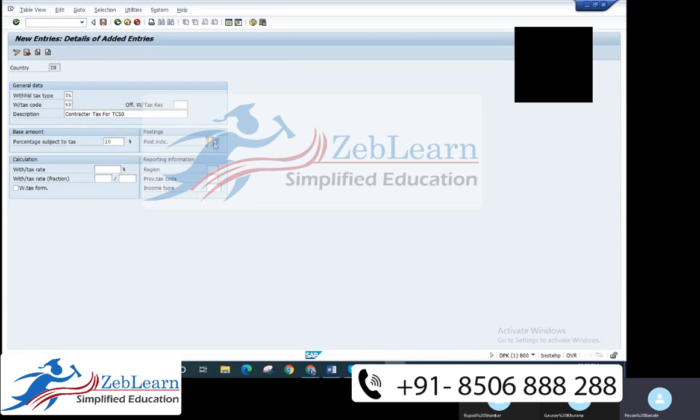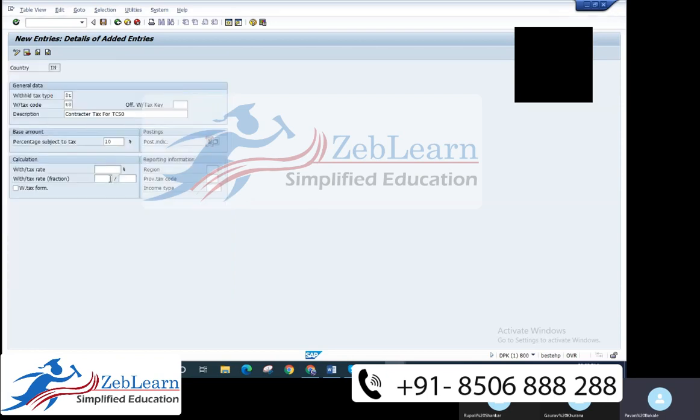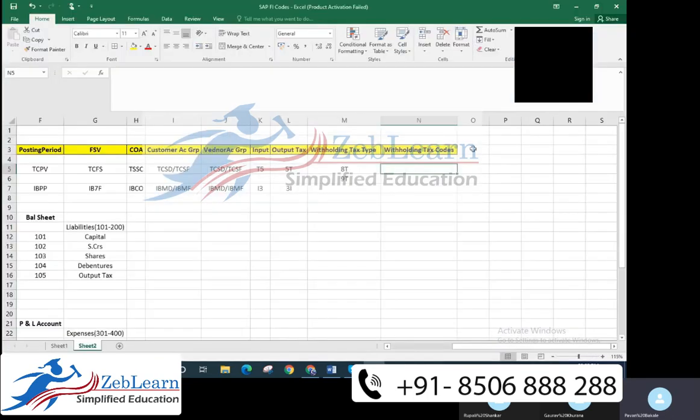Post indicator is a standard which we use as 01 for standard post, bank, vendor, customer line of deduction. Okay, and this is for the base amount, for the actual invoice amount. What is the calculation rate for withholding tax? You can put anything, like here 10% same if you want. Then next entry you can write down here as a